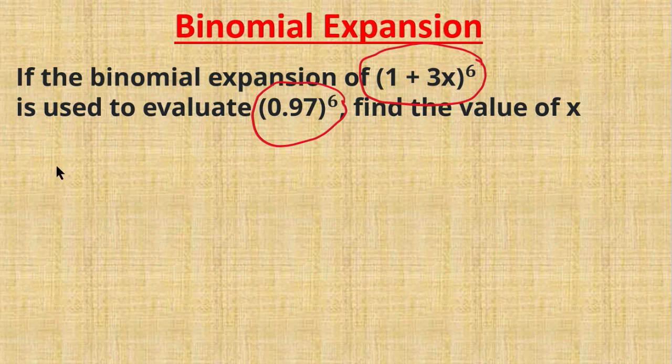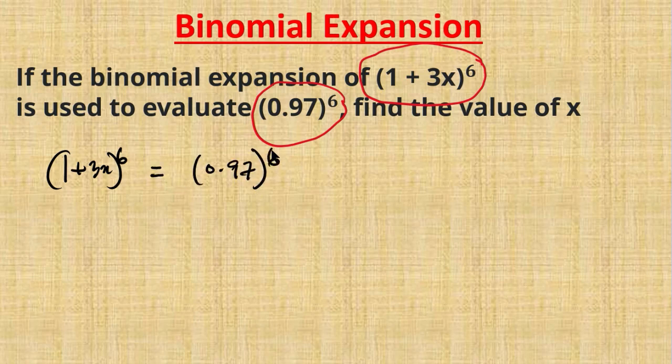Now, we've been told that (1 + 3x)^6 is used to evaluate 0.97^6. That means both expressions are actually equal. Now, don't make the mistake of trying to expand (1 + 3x)^6 and expand 0.97. All you need to do is pick your (1 + 3x)^6